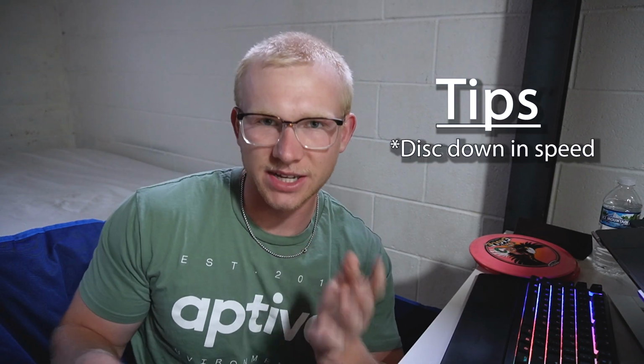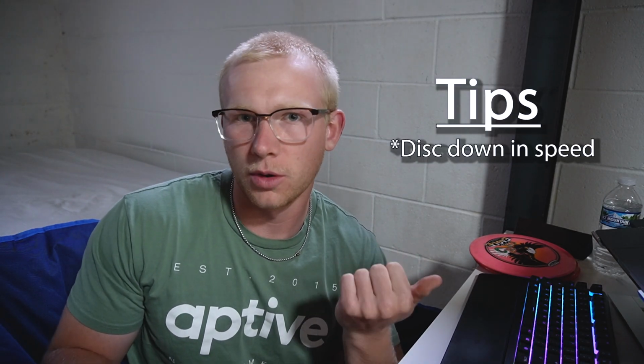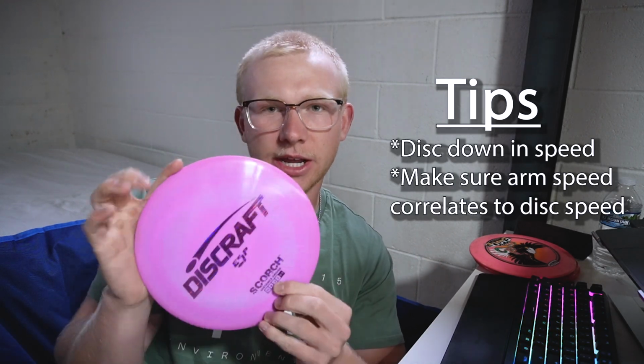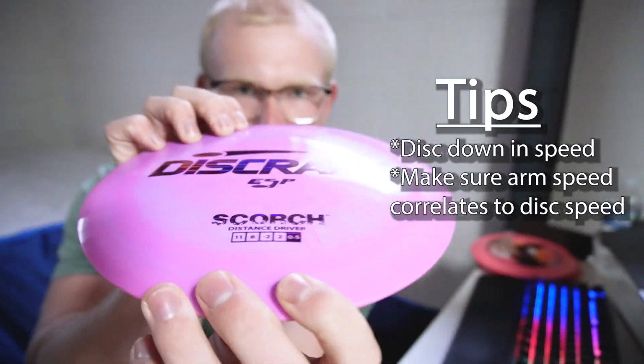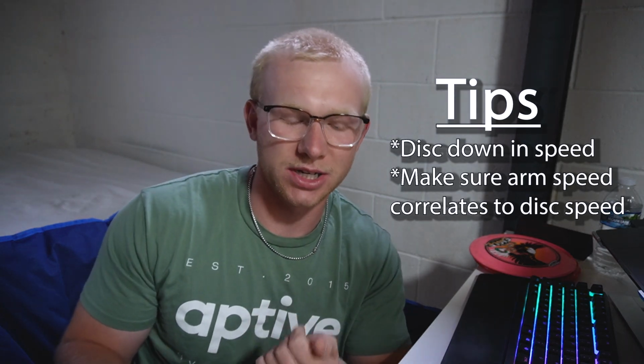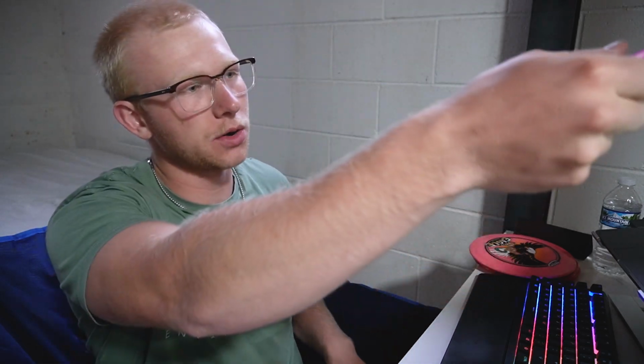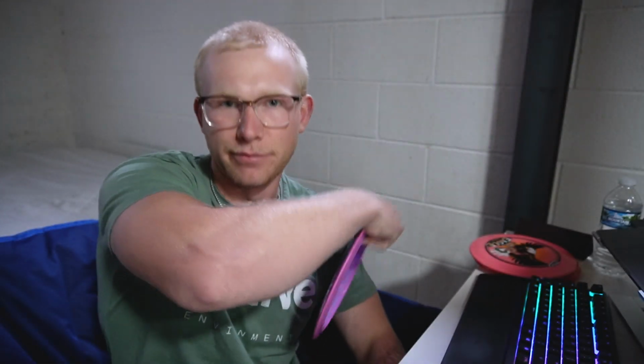And so with distance drivers, I wish I would have disced down a couple to more fairway drivers as a beginner and worked on form, making sure that I am getting the correct flight path that the disc is supposed to give you. As almost every single disc as a beginner for me, if it was above a 10 speed, it would go out, catch the air, and boomerang right back down into the ground, and that's not what you